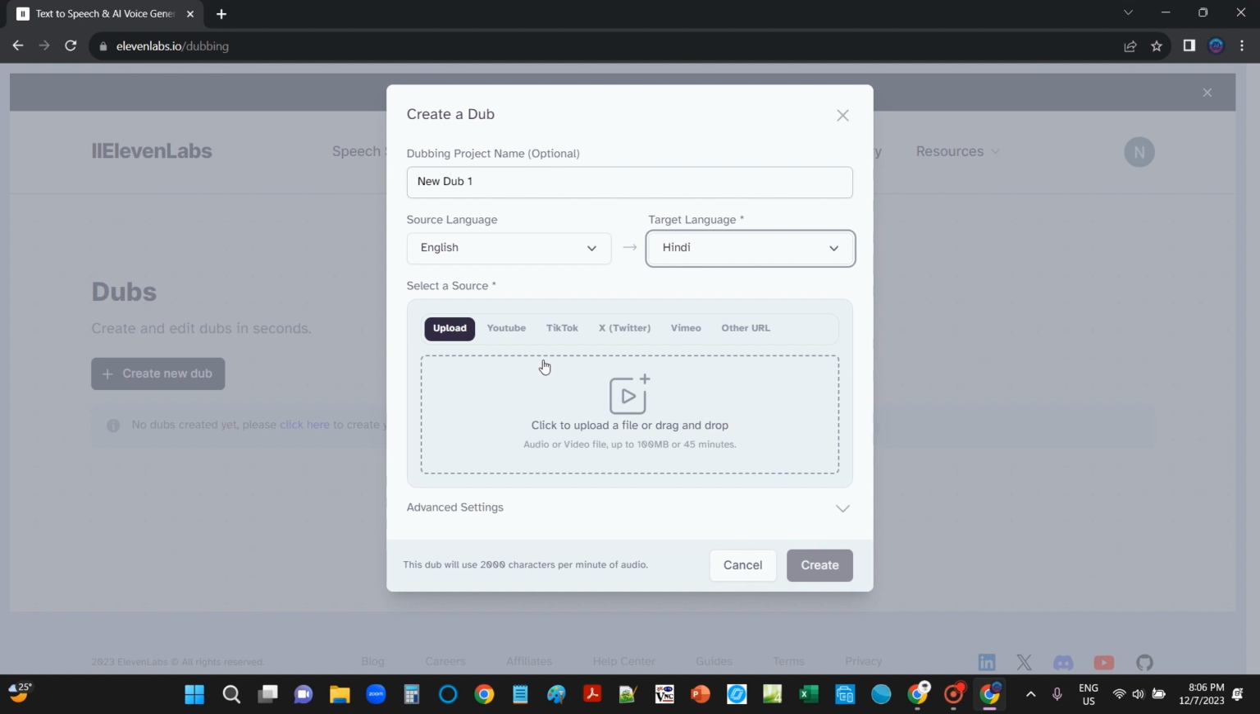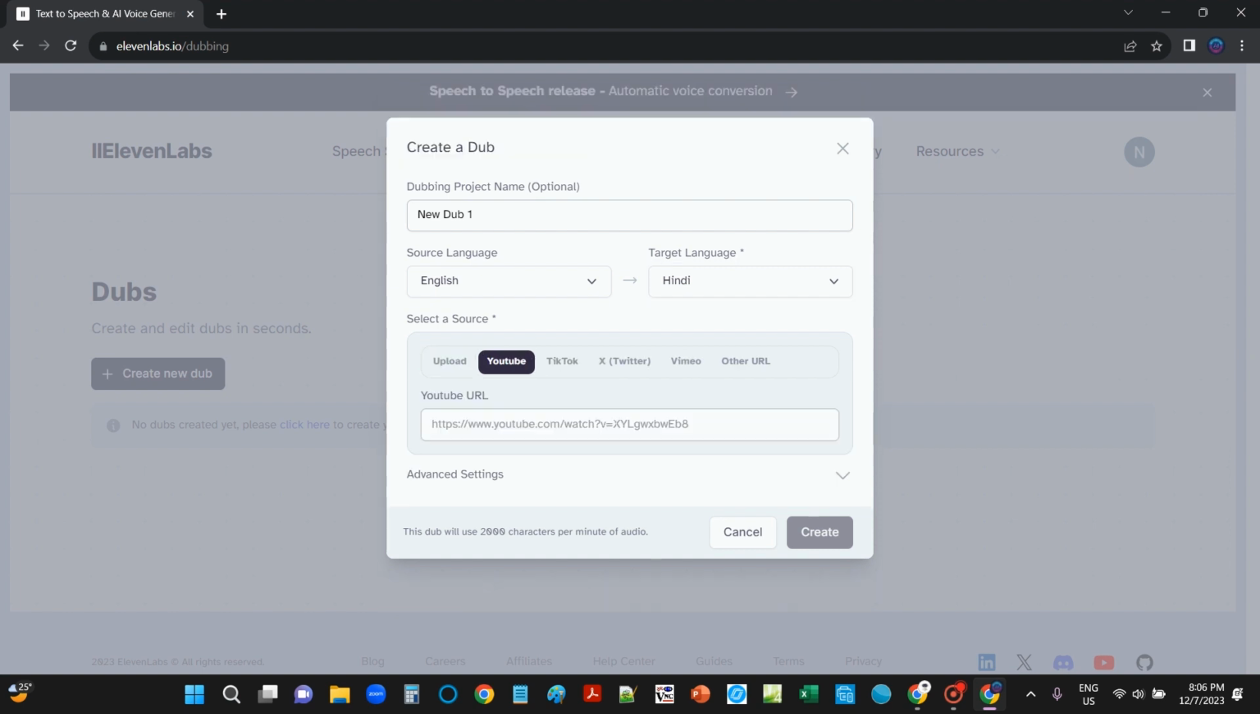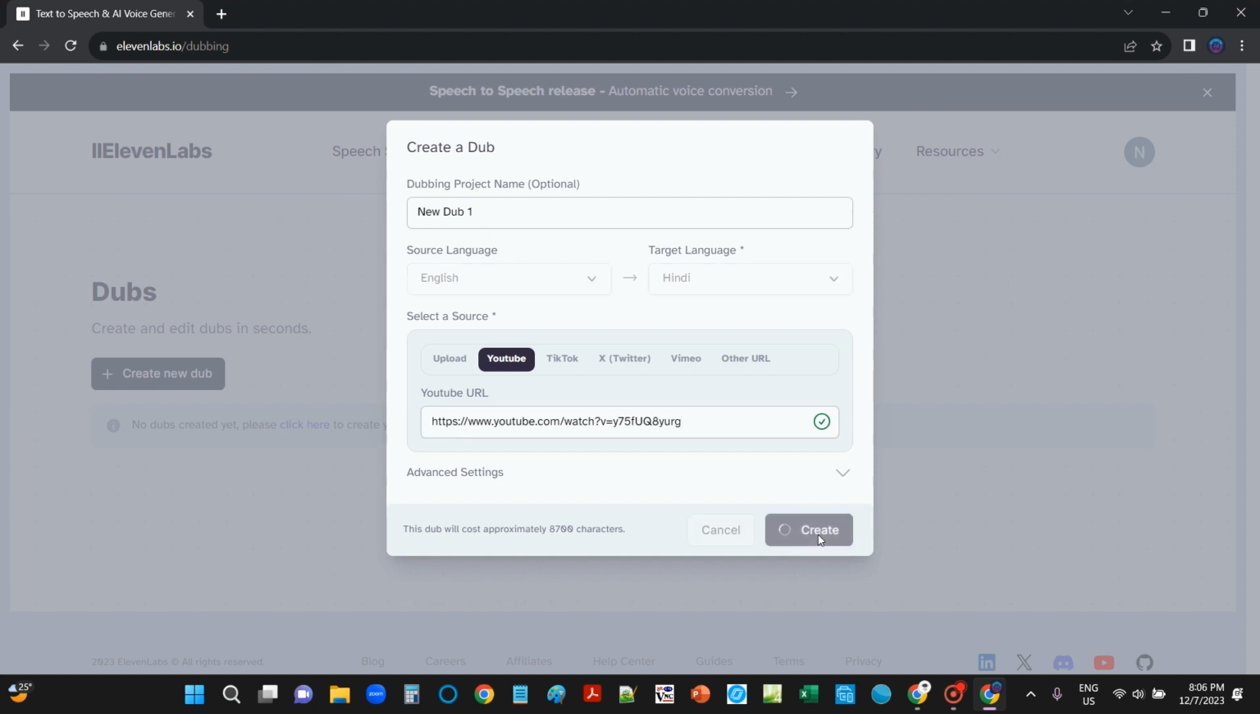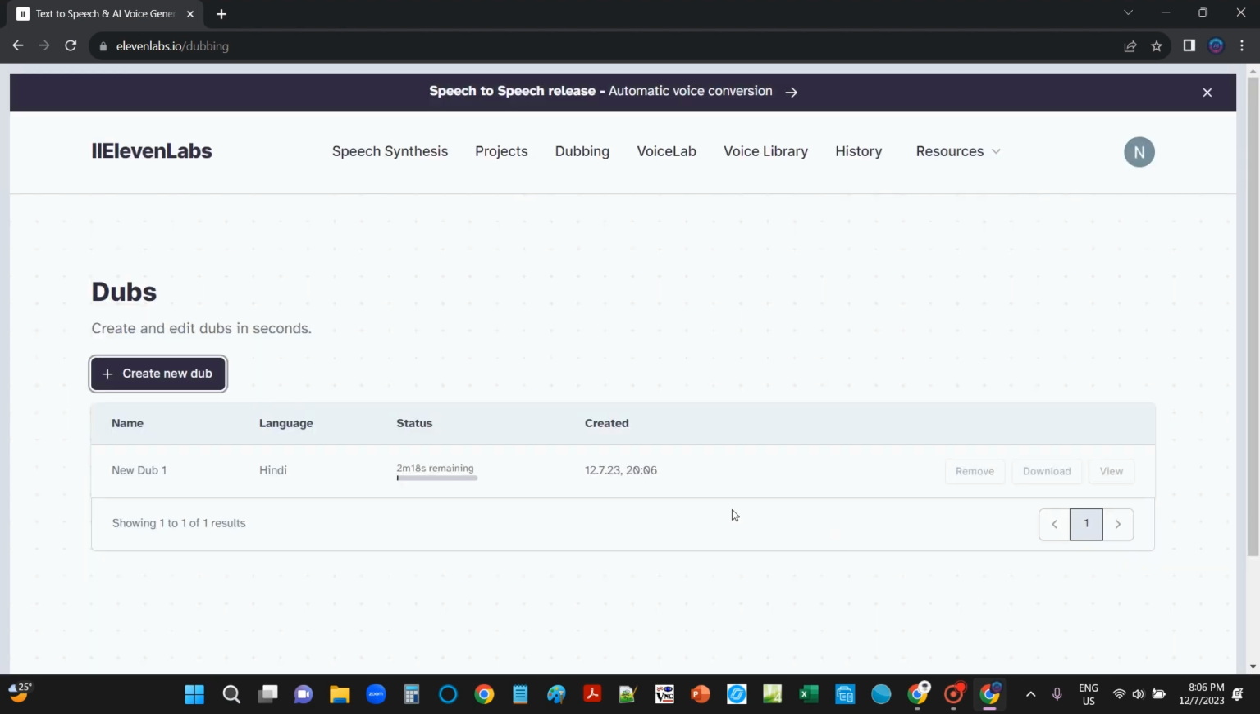So instead of doing that, I'll just drop a YouTube link, and as the tick shows, it accepts my link, so I'll click on create. Now it approximately takes 2 minutes for it to generate and create the video. As you can see, the dub is created, and to download it, just simply click on the download button here